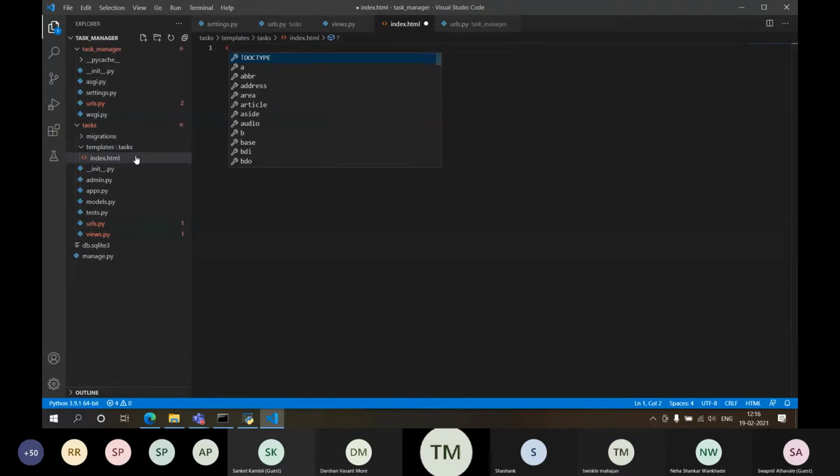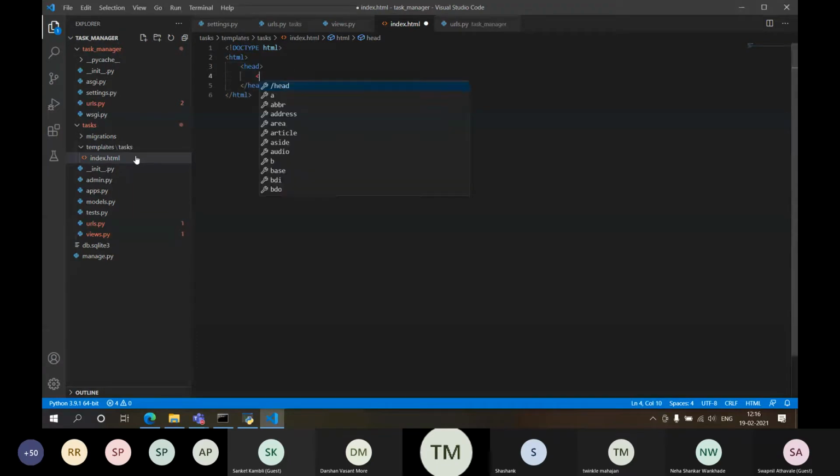You write doc type HTML, give an html tag over here, then give a head tag. This is the basic structure of HTML, right? Inside this, give a title of the page, list of tasks.